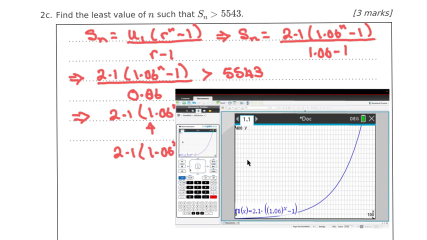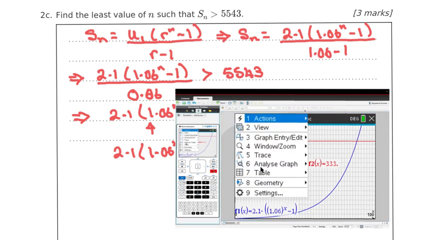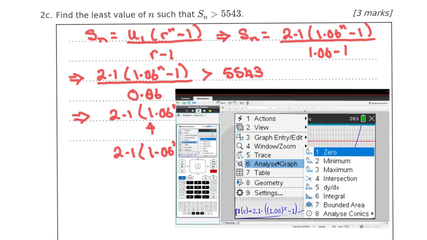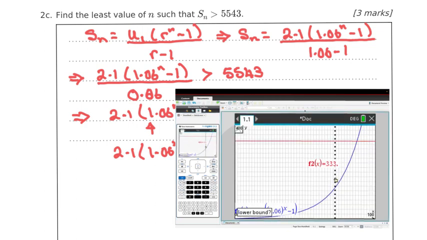So if I go tab, type in 332.58, enter. I now want to know the point of intersection. So if I go to menu, analyze graph, intersection point, somewhere to the left, somewhere to the right,